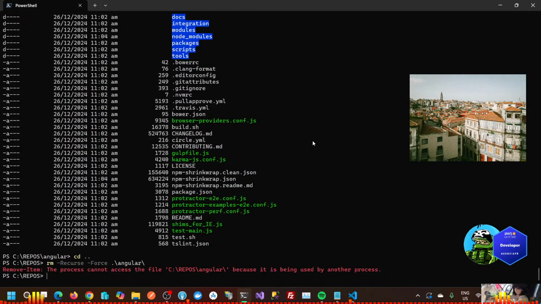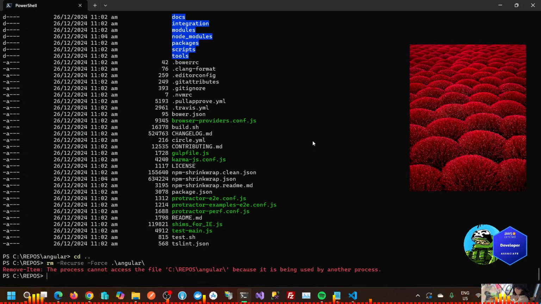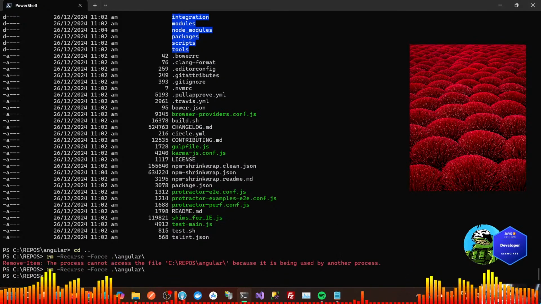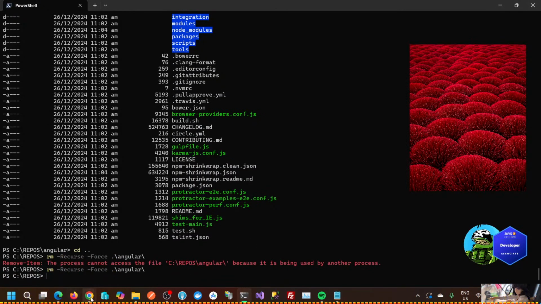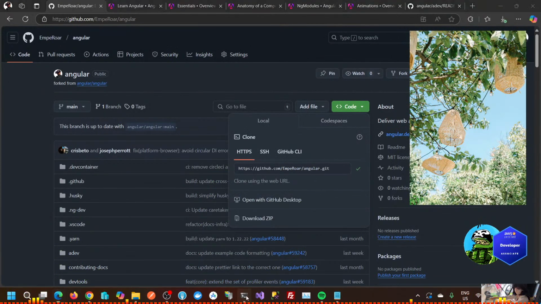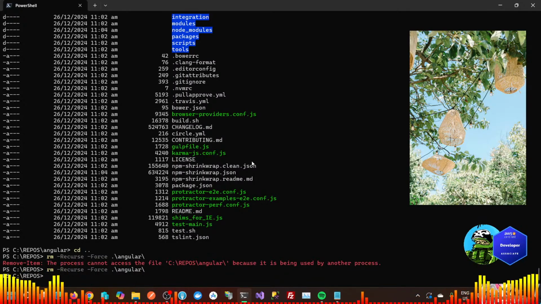What's that? Because it's being used by another process. Okay, so let's remove all our VS Code and delete that again. Then now we're going to clone this one, git clone.